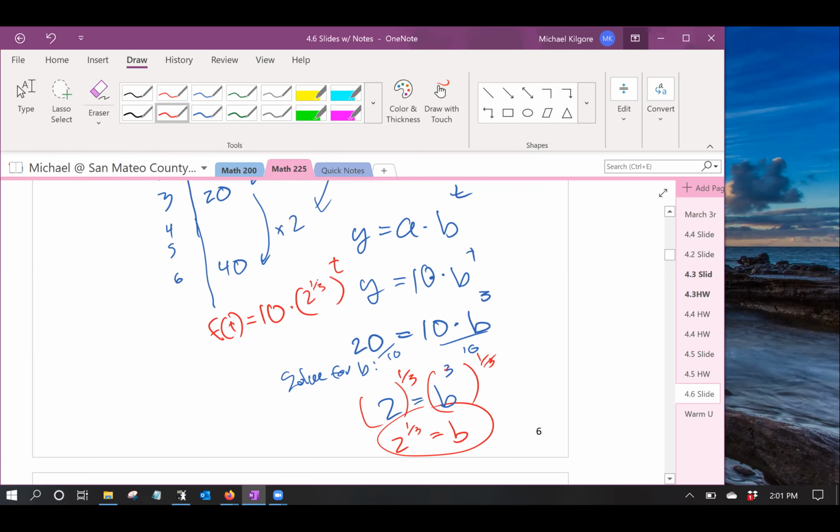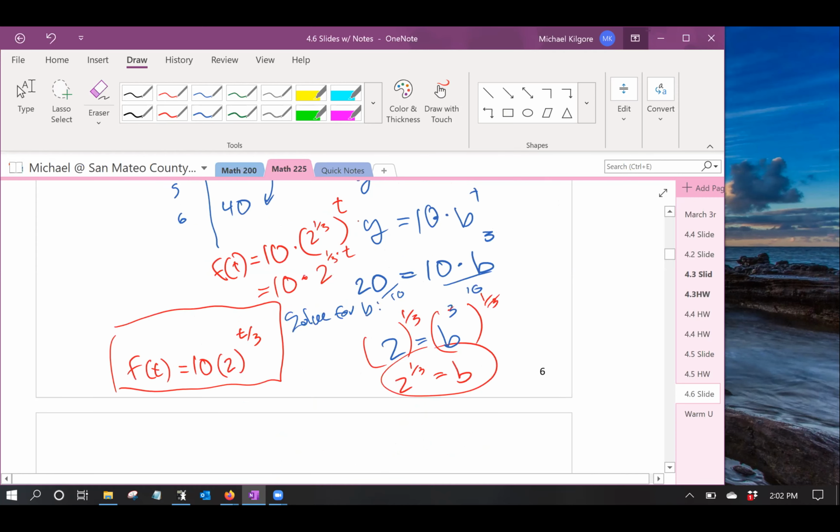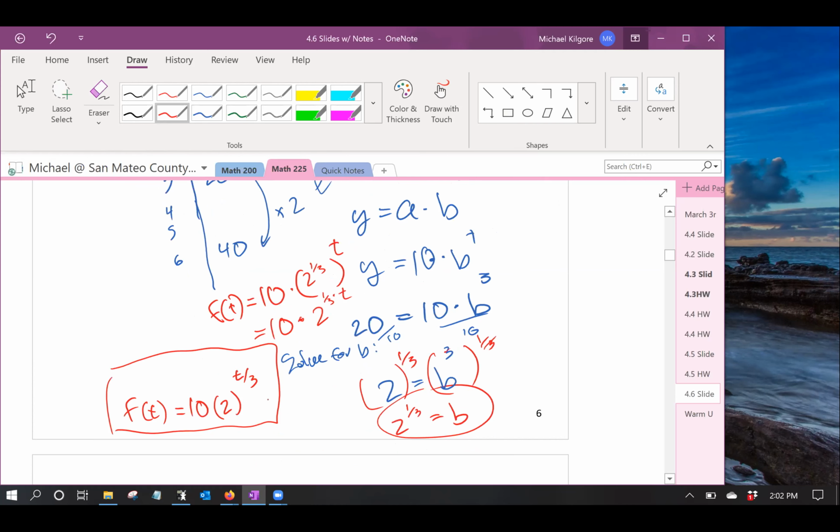And remember, I can multiply these two powers, and so I get 10 times 2 to the 1/3 times t, which is exactly this. So I'm sorry, this is not well organized writing. 10 times 2 to the t over 3. Okay, this is how we can go from this definition of doubling every 3 hours to an exponential equation, getting this form of the equation. Okay,